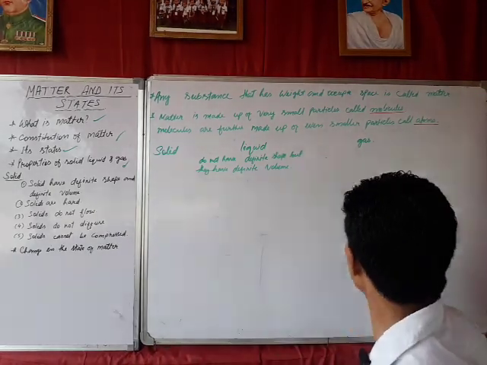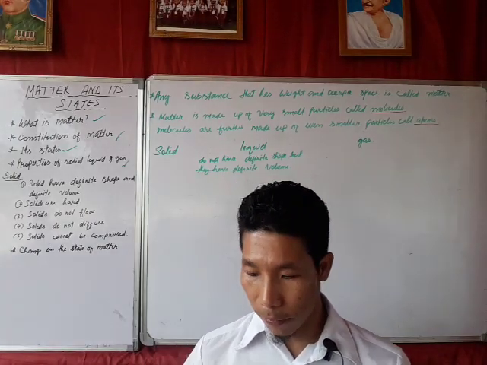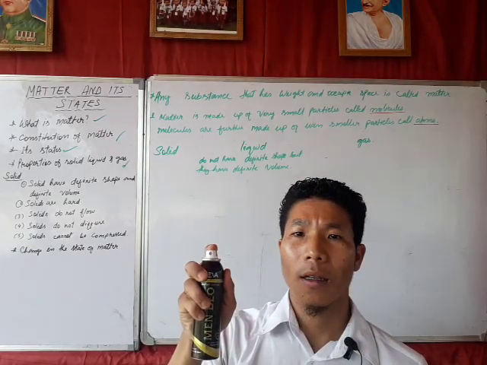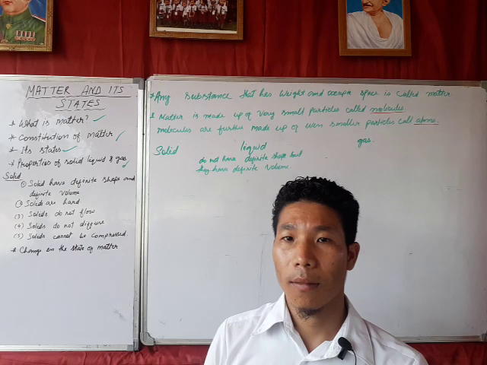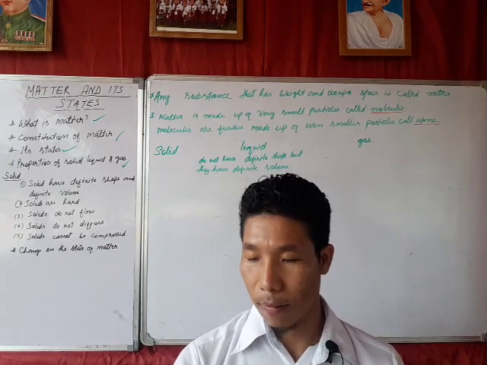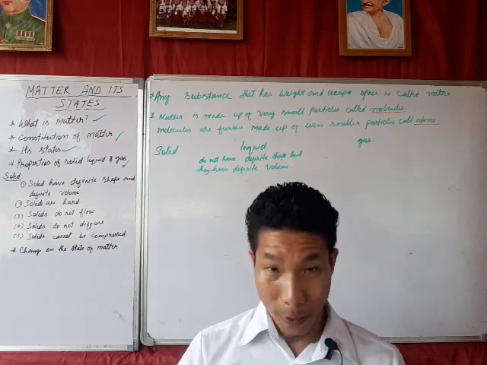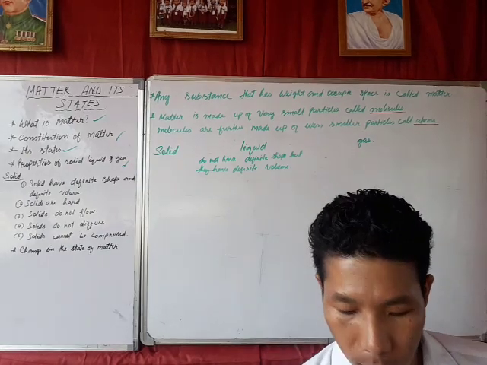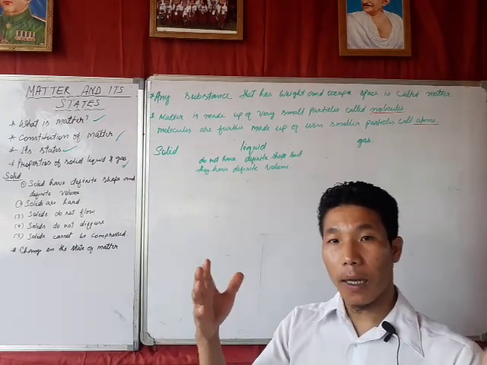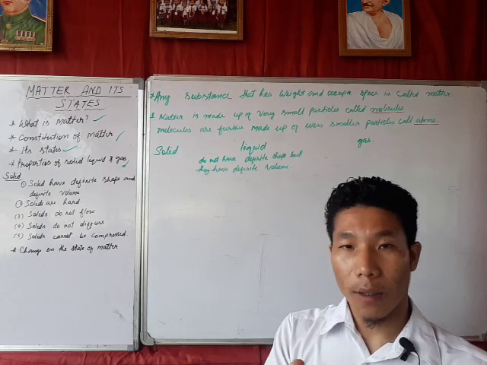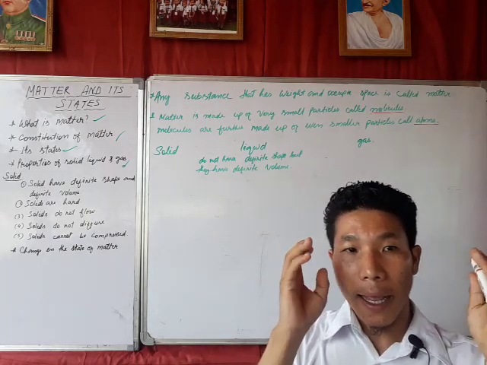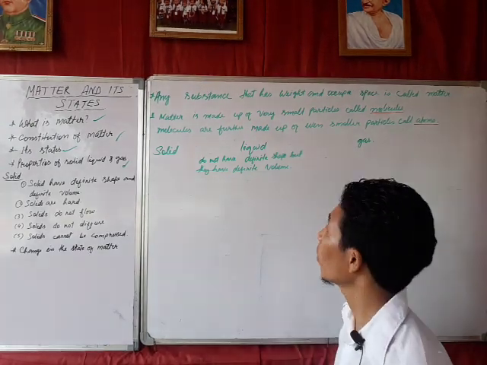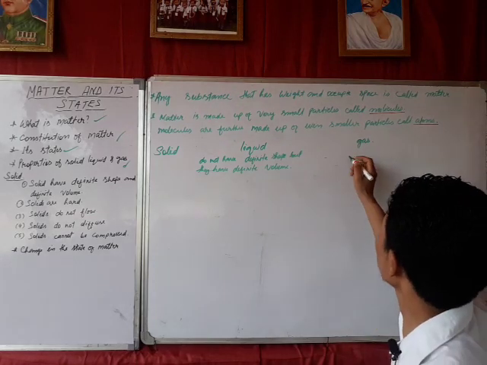Now let's go to gases. Do gases have definite shape and volume? Let's see. This is gas. What shape is that? We can't understand what shape is that. The gas which is in the empty bottle, what shape is that? We can't understand, okay? If we put it in the bottle, it takes the shape of it, but gases don't have shape. So gases do not have shape